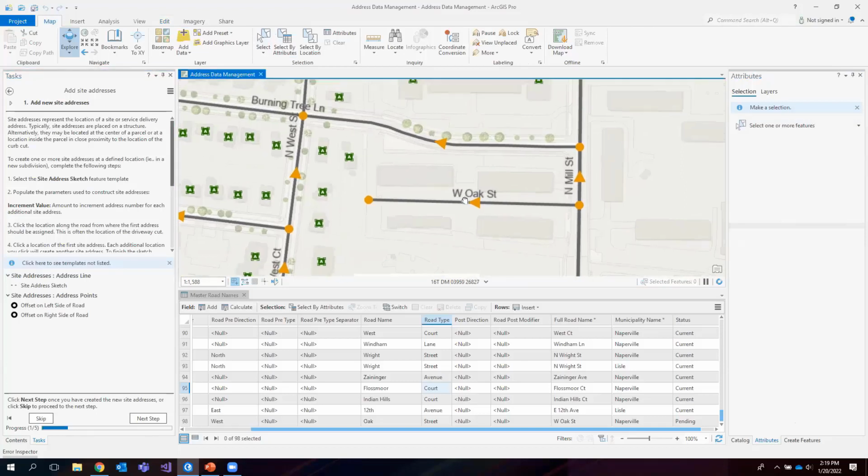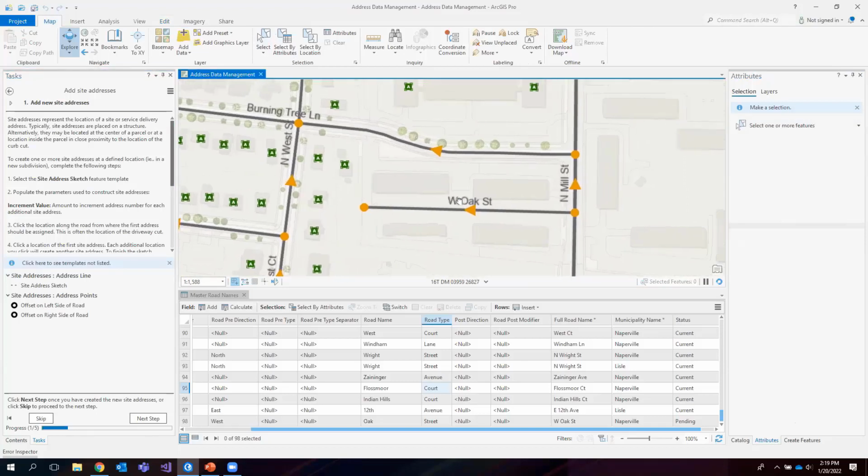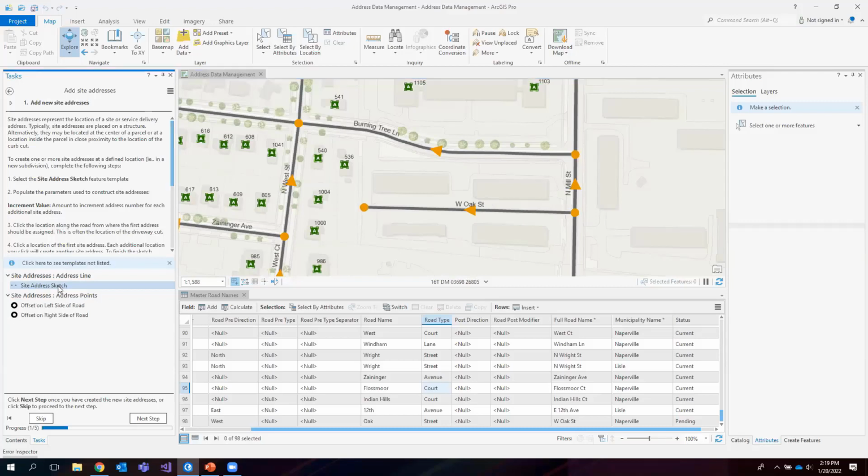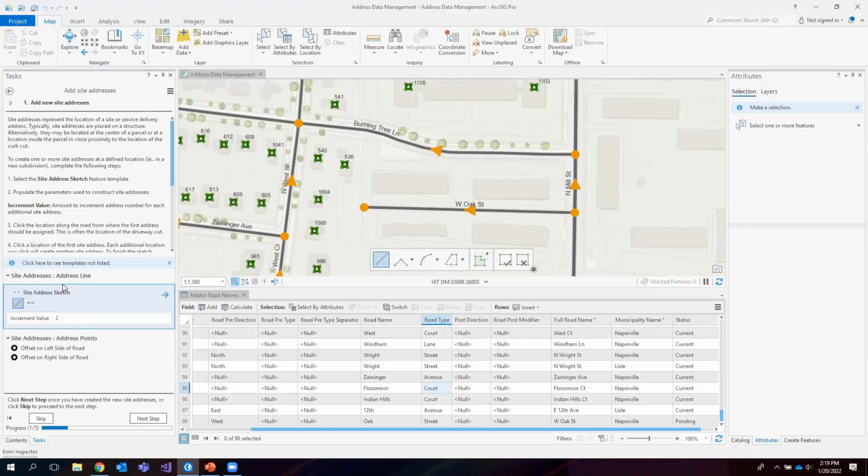So here's a new feature that we added in the recent update. We've added an additional construction tool to construct site addresses. Using this site address sketch tool, there's a couple different ways I can sketch new site addresses. First, I'm going to show the 2-point line construction where I'm placing a single site address point off of a